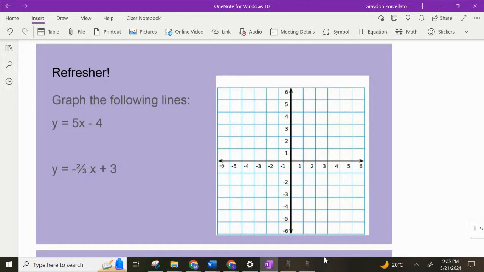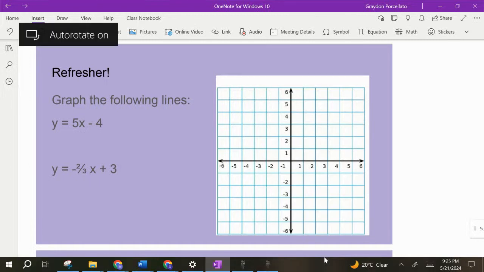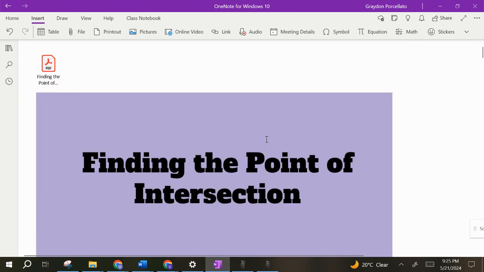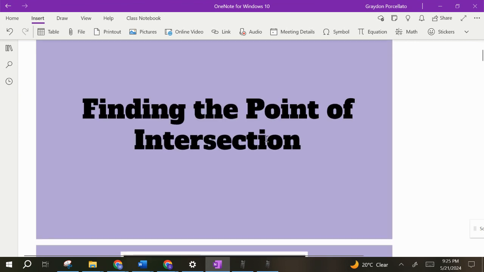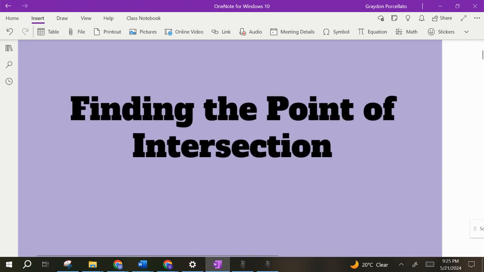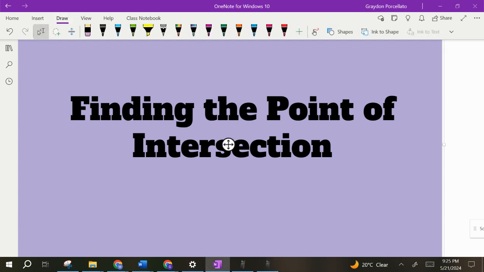Okay, grade 9. So we're going to do a little lesson here today on finding the point of intersection. Maybe you're thinking to yourself, what does point of intersection mean? Well, intersection means